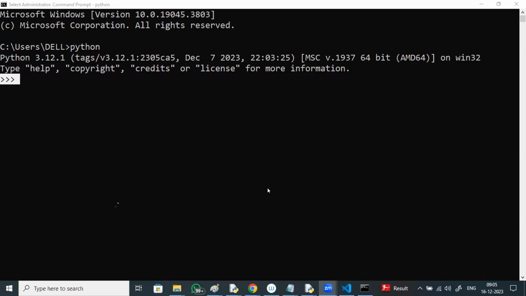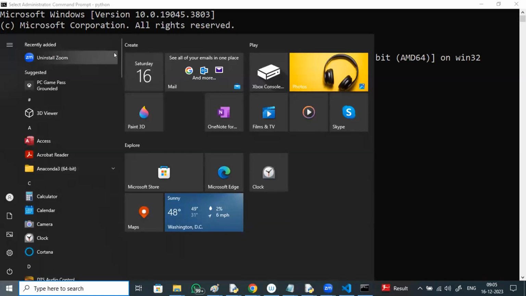That's the problem. So check where your Python is installed, and whether Python is recognized. How can you find the path where your Python is available?